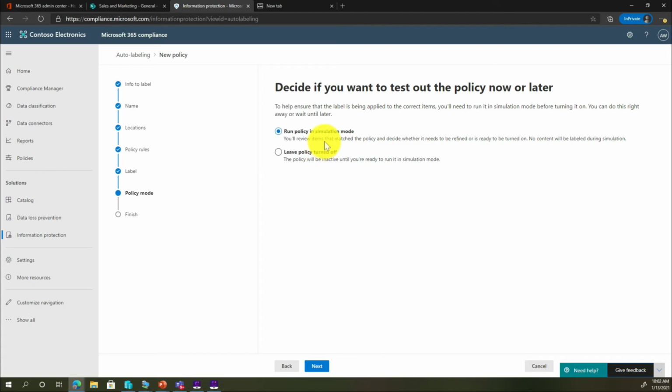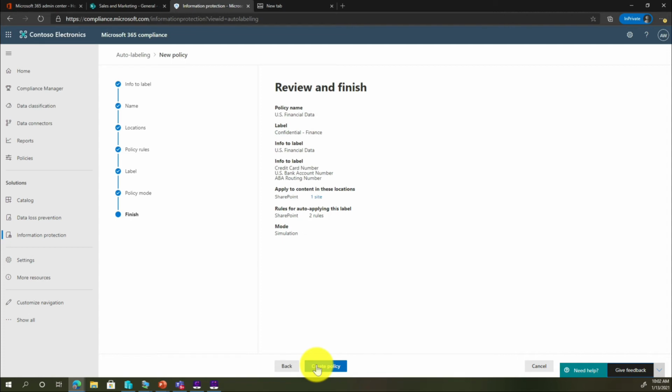Now, when you run the policy in simulation mode, it's going to run in simulation mode for a while and apply labels and things like that. And then once the simulation is done, it'll just be running. So the simulation runs for, I think, 90 days, and then after that, it just starts running the label. Then you create the policy, and it's pretty much done at this point, right?